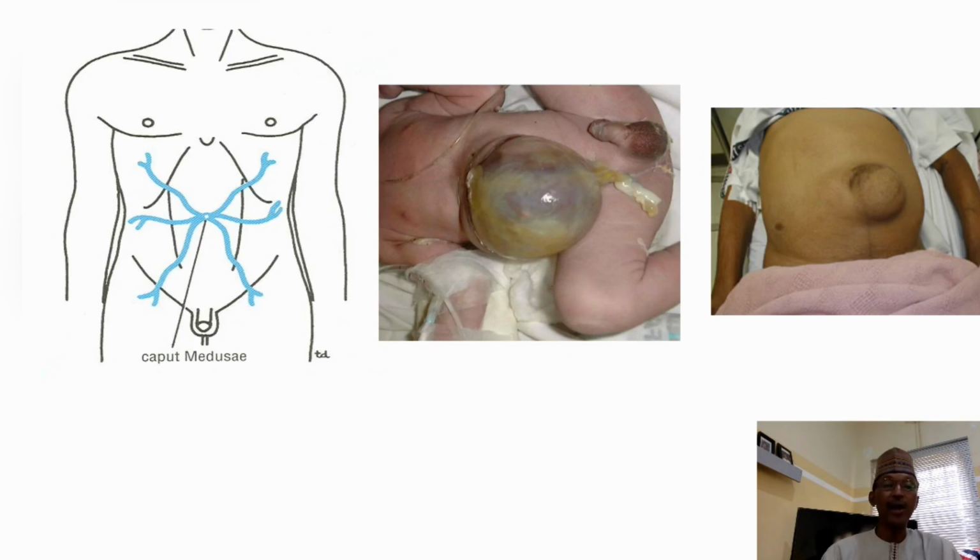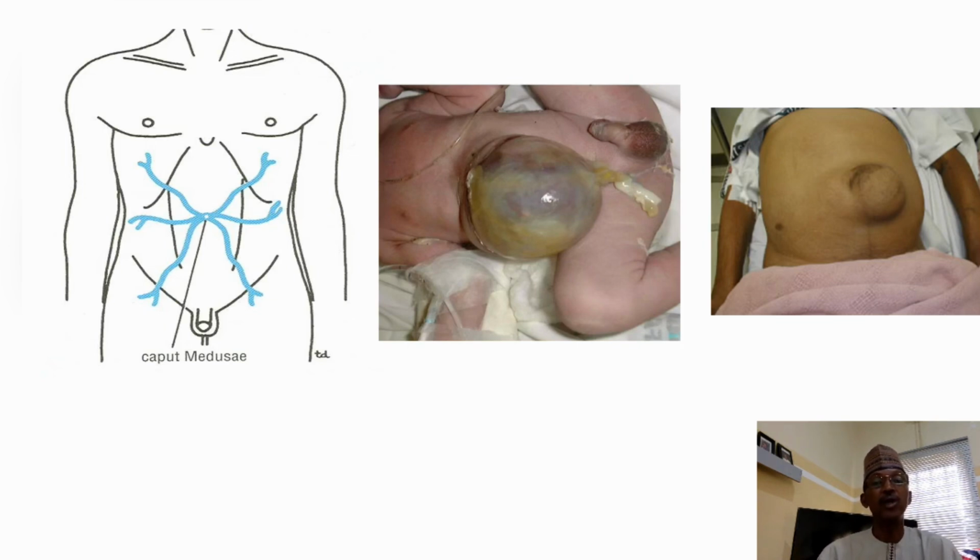For example, around the umbilicus, one may see that the veins around that side get enlarged, and that is what we call caput medusae. These dilated veins radiate away from the umbilical region, and because they radiate, they are known as caput medusae. And so this is as a result of